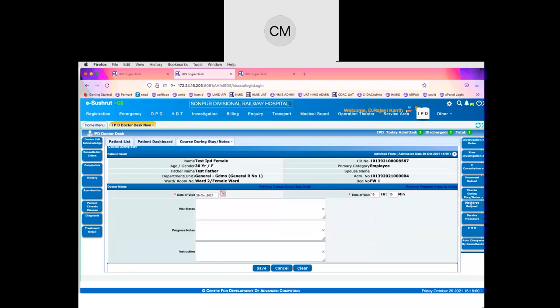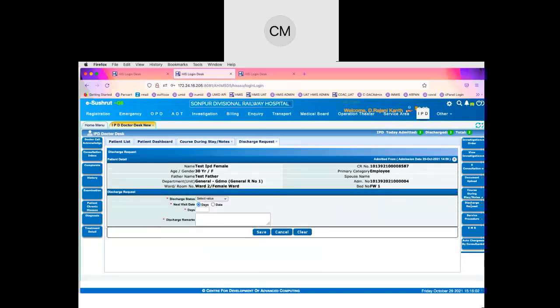The discharge request. See, once the patient is deemed fit for discharge, then the doctor will initiate this process of discharging from this advice. So he will advise for the discharge, and then these cases get reflected in the nursing desk in a green color font.